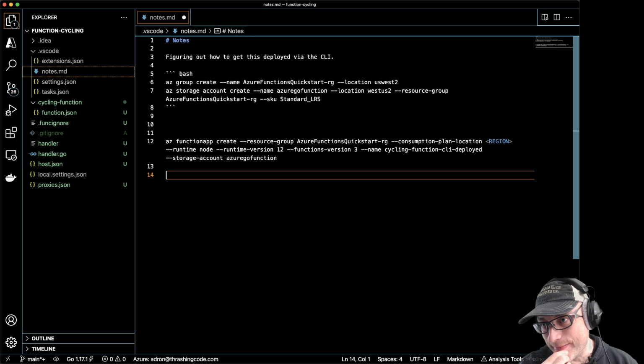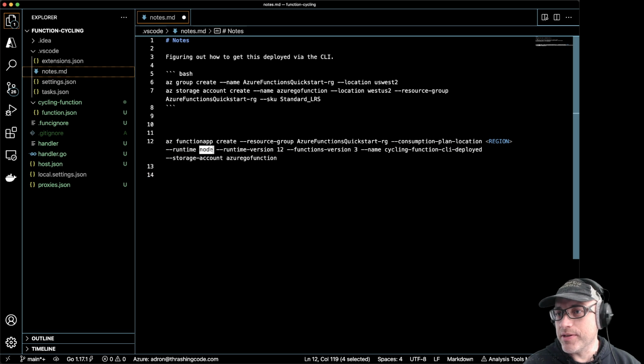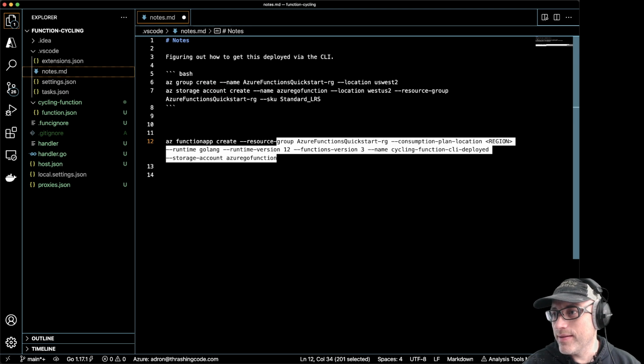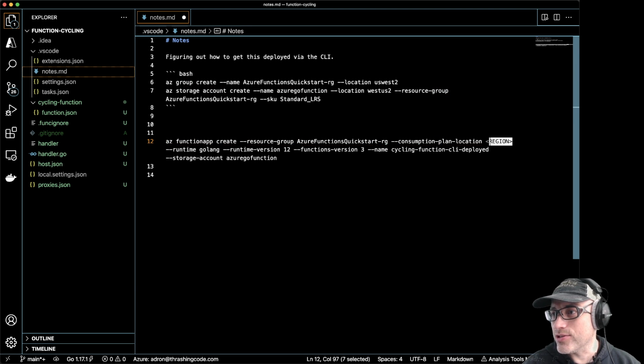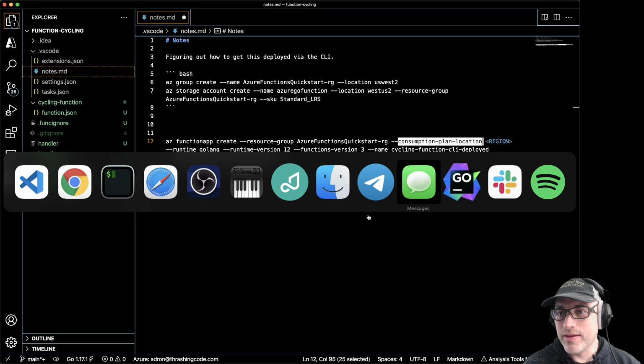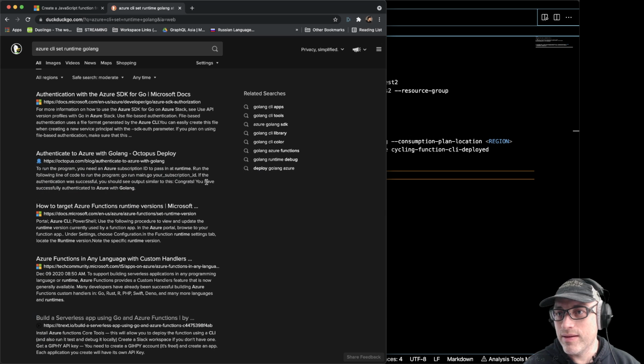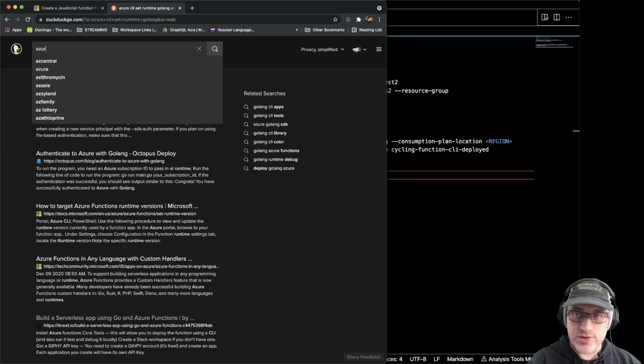Okay, so can I just put Golang here? If I just guess, do you think that'll work? Oh, and consumption plan location. Dear God. Where, what? Okay, this is one of those things, like where, let's do this, Azure, az CLI,